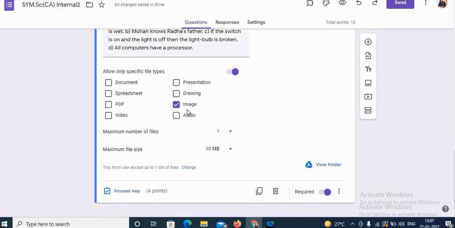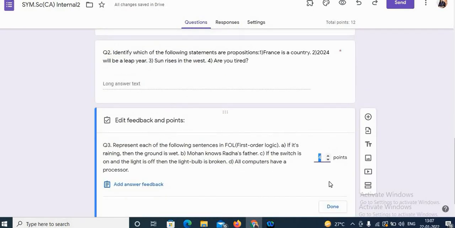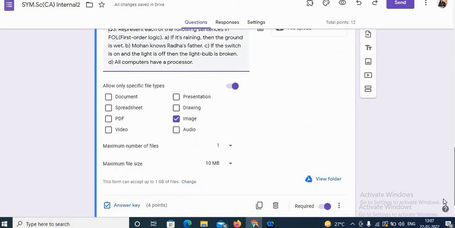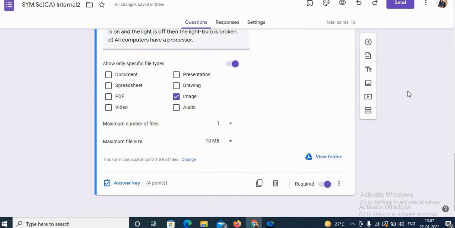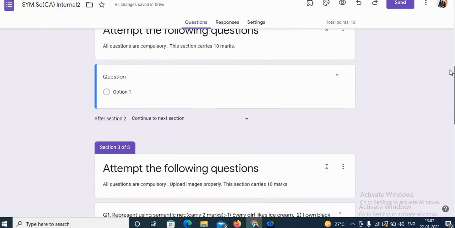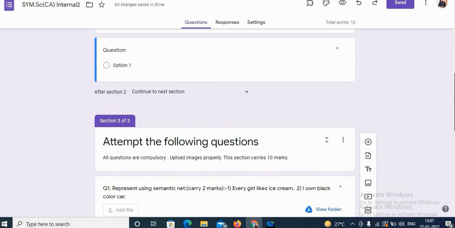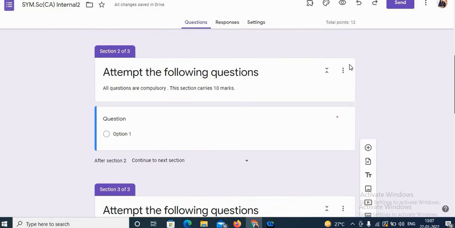So we allow specific file types. I have selected image. Assign points, 4 points, and make it required. So these are the 3 long answer type questions in section 3. So in section 2, we'll cover multiple choice questions